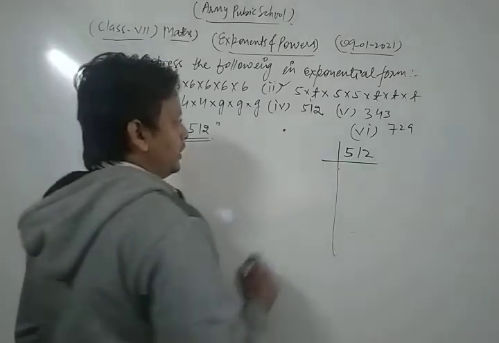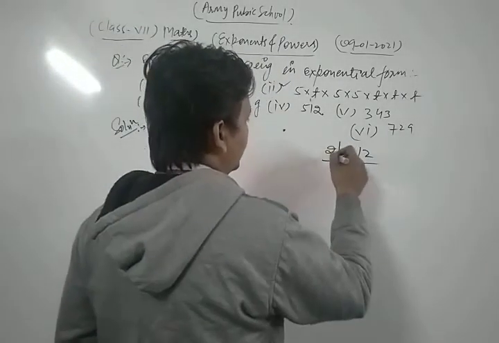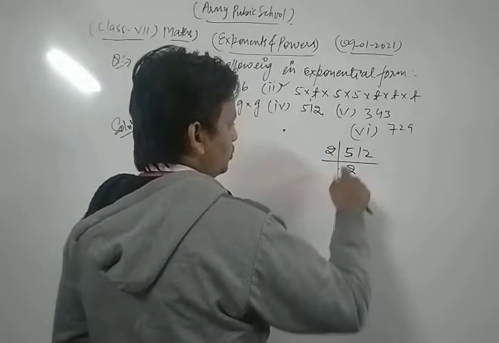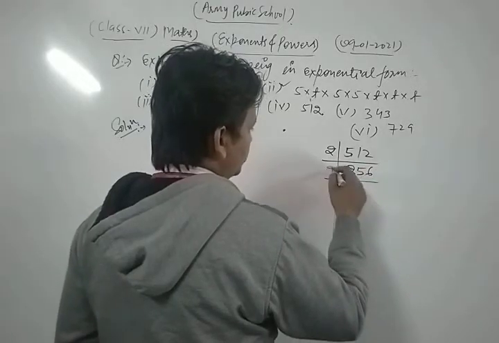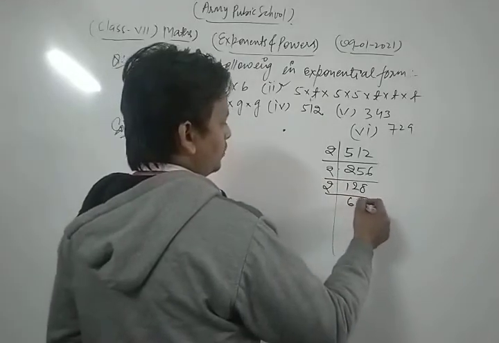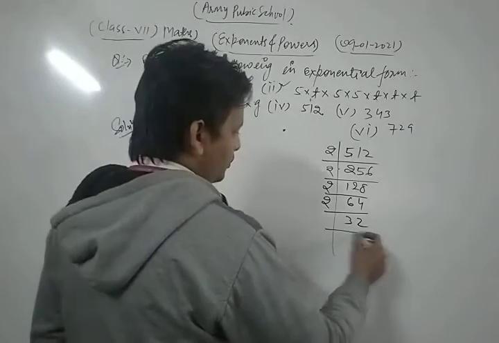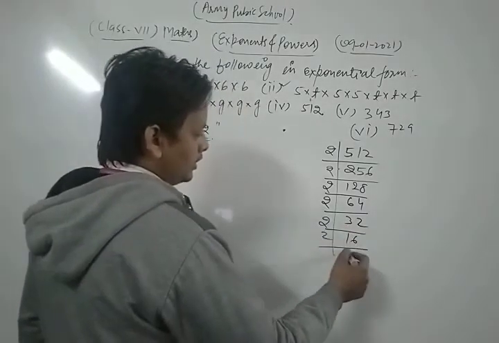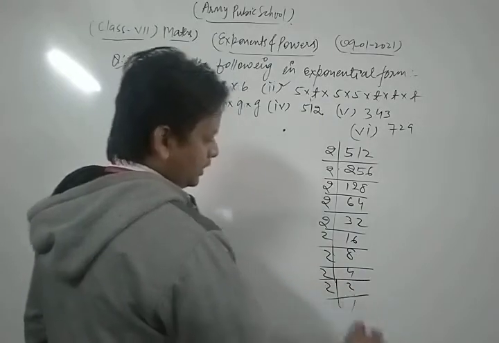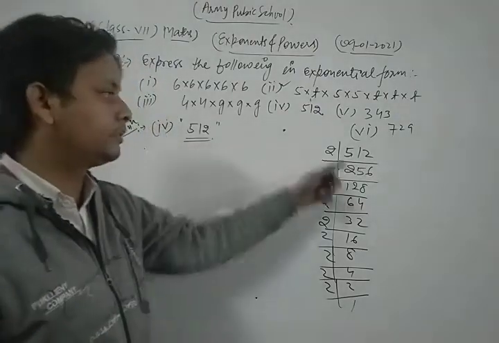So let's see, first of all we take 512 and do its prime factorization. We divide that number by 2, so we get 2 to the 4, carry 1, 2 5s are 10, 2 6s are 12. Now again by 2, 2 1s are 2, 2 to the 4, 2 8s are 16. Then again by 2, this is 2 6s are 12, 2 4s are 8. Then 2 3s are 6, 2 to the 4. Then again by 2, this is 16, and this is 8, this is 4, this is 2, and finally it is 1. Now in this way we do prime factorization.